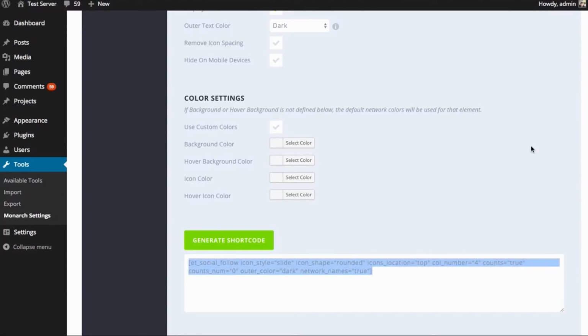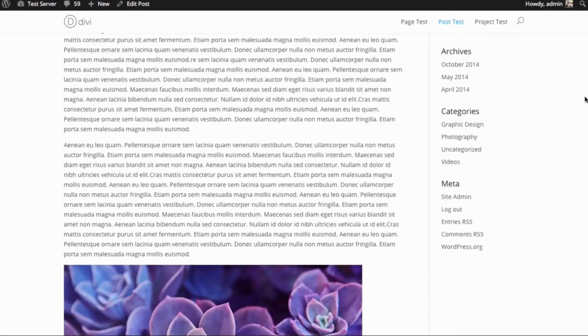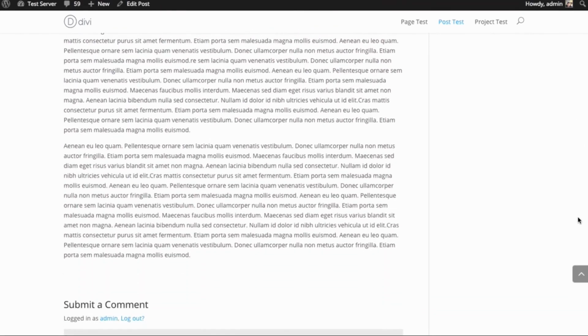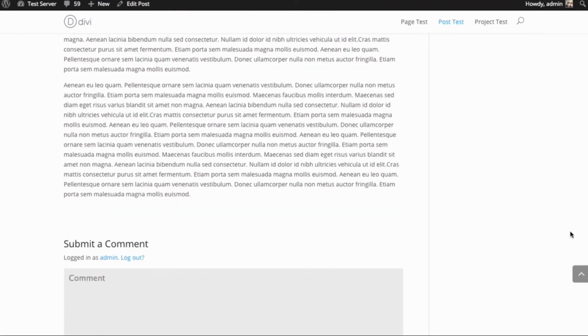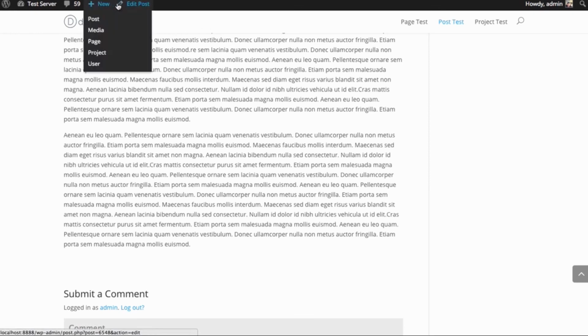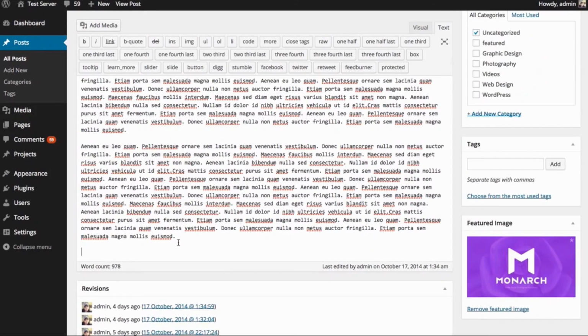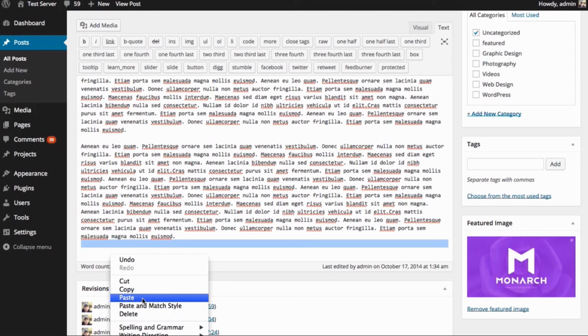Now you can just copy that shortcode, right click, copy, and then you can paste it within any post or page to display this shortcode. So here we have a post. Let's just say that within this post, at the very bottom, I write a sentence that invites our visitors to like us on Facebook and Twitter, and I want to follow up that request with some nice buttons that link to those profiles that I mentioned. That will really improve the amount of followers that we get if we give them a clear way to follow us. So if we edit this post, scroll down to the bottom and just paste in that shortcode we just copied, just like that,